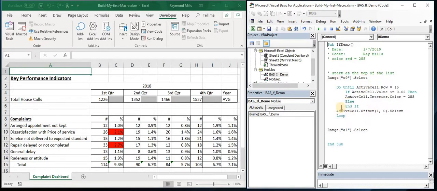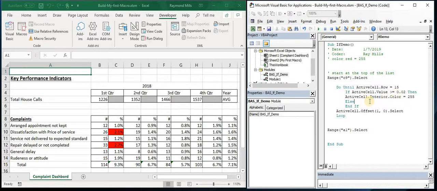Okay. So, that looks pretty good, but I'd like to do a better job than just what was asked for. And I'd say anything approaching 2%, right? I'd like to highlight it in yellow, you know, like an amber alert, so to speak, or a yellow alert that's getting towards the problem area, right? So we're going to add something to our if statement. So first, as it stands now, it says if the active cell value is greater than 2%, then make it